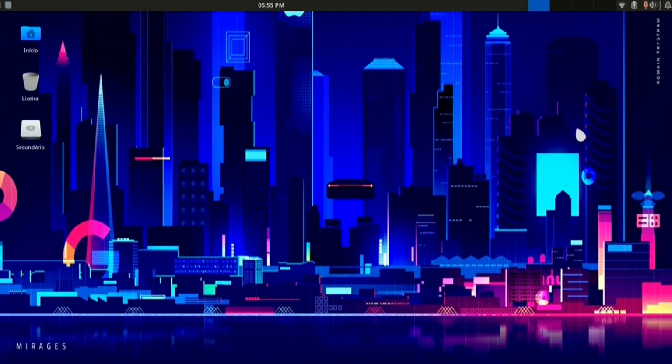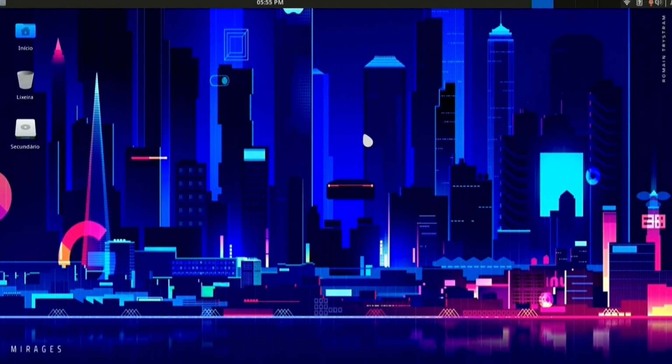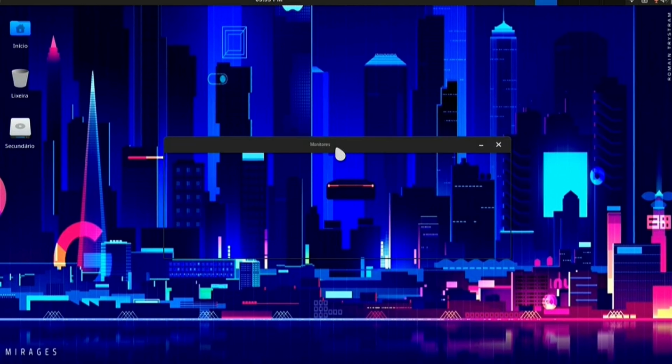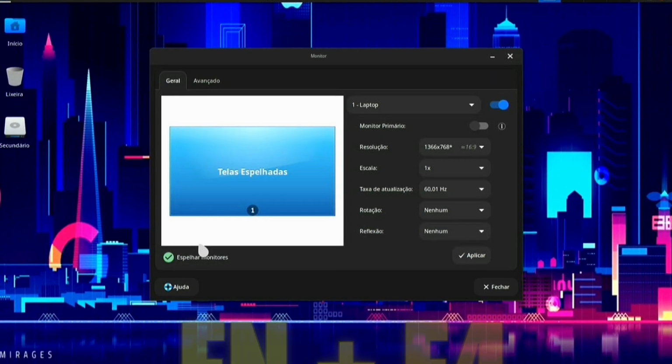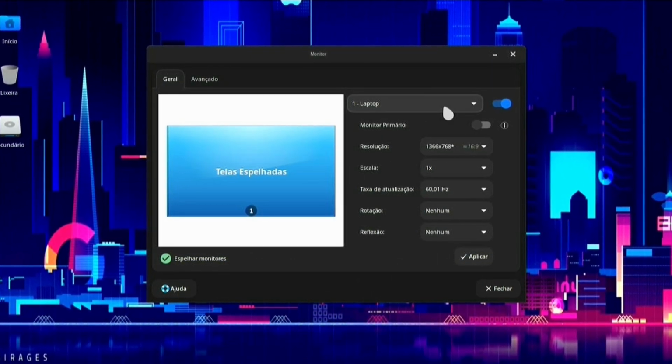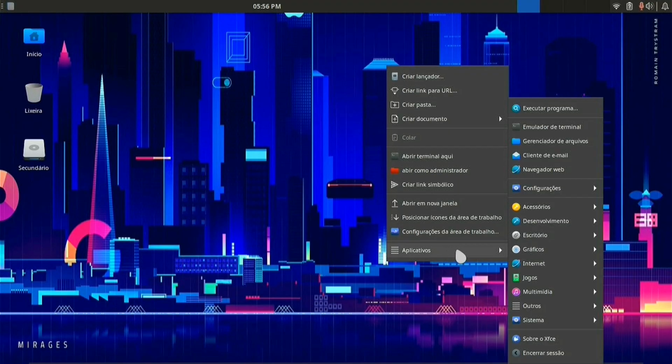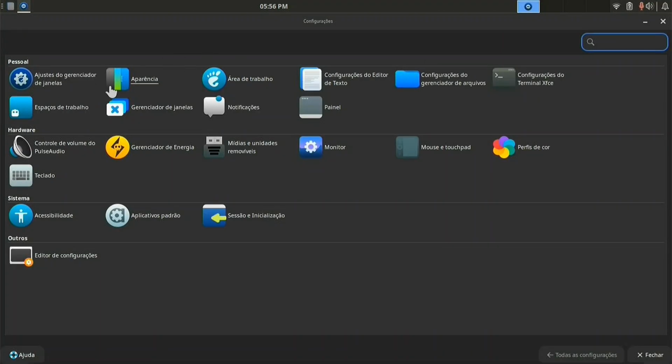Next useful change to improve your performance is to lower your resolution. In my case, I'm using XFCE and the preset Fn plus F4 for accessing the screen settings. Resolution changed, and now I go to settings and I'm gonna disable the desktop effects.